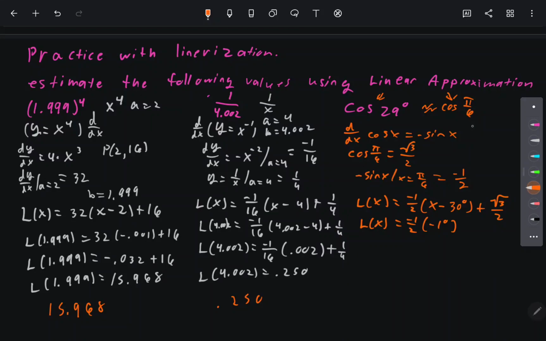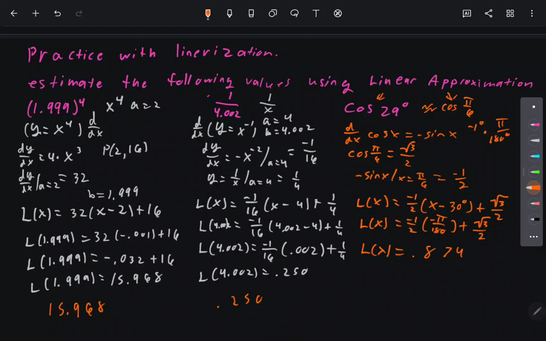Okay, time for the mess that this is. Negative 1 degrees times pi over 180 degrees. So now we're going to sub this in. So we just get negative pi over 360, and then plus the square root of 3 over 2. So finally we get the linearization of x is going to be negative 1/2... Or actually, I'm just going to plug this into a calculator since this has pi's in it. And for our final answer, we get